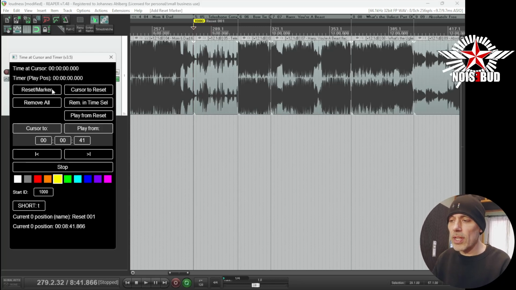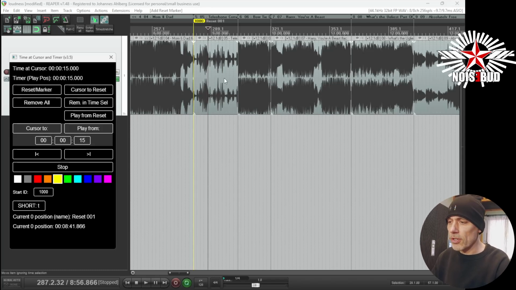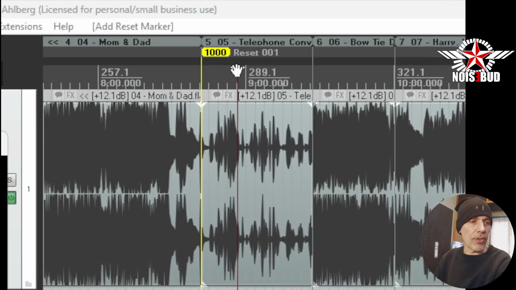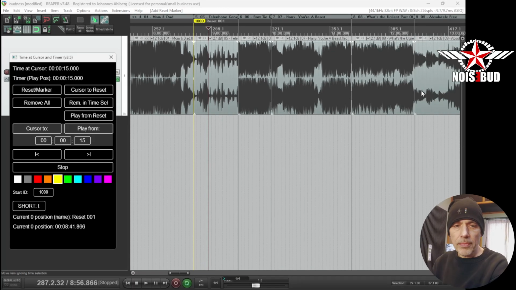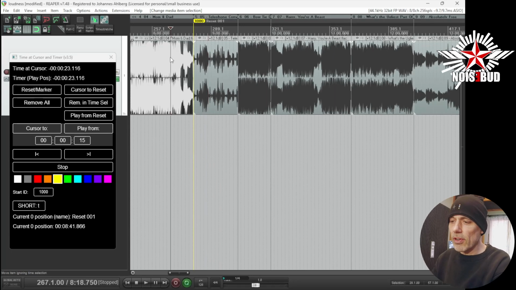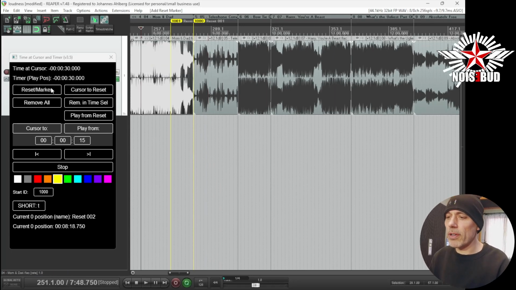You insert a reset marker. This is the new reset position, and then we can type in, or no, not minutes, 15 seconds, cursor, and you can see that the cursor jumped 15 seconds in from that marker. And you can have several markers. You can put several markers like this,